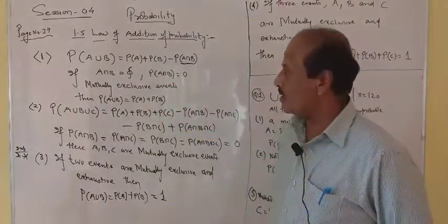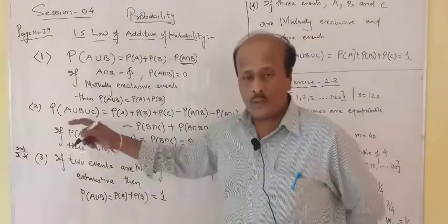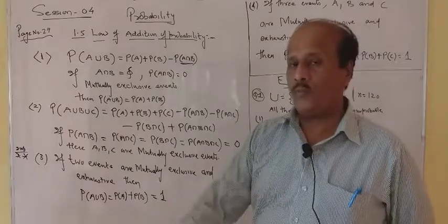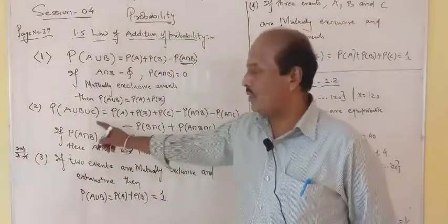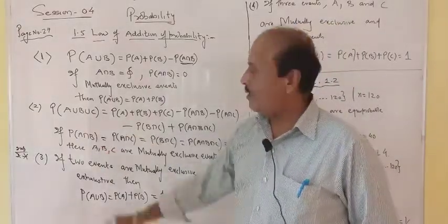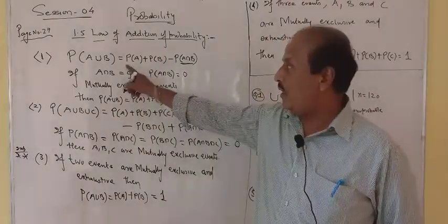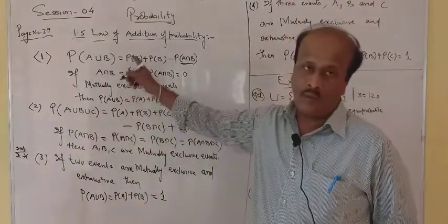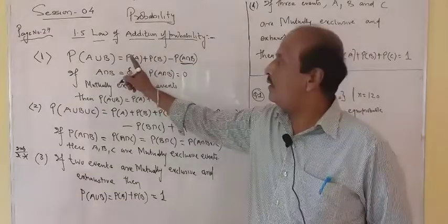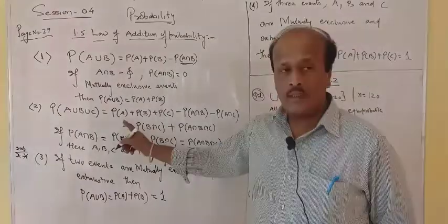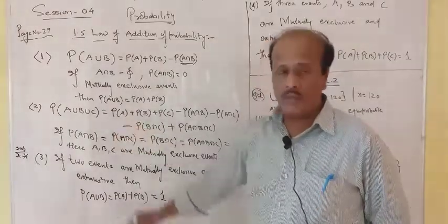Similarly we have a second law. If a question comes for more than 3 marks, or around 4 marks, then surely you will get a question around this. Now here 3 events are involved, whereas earlier 2 events were involved. If 2 events are involved, then use the first law. But if 3 events are involved, then go for this law.